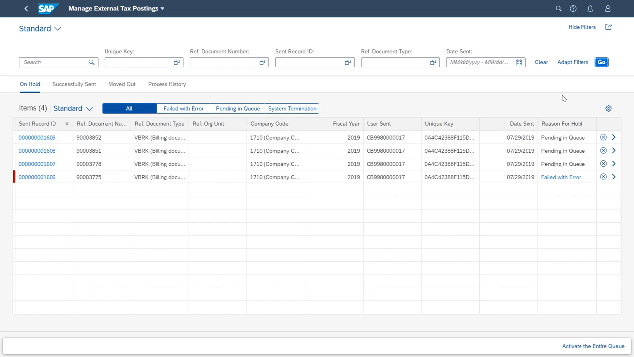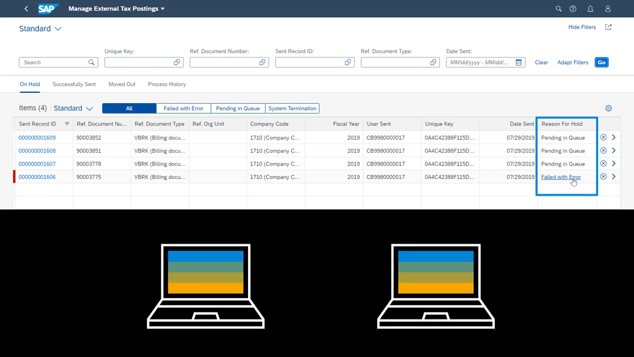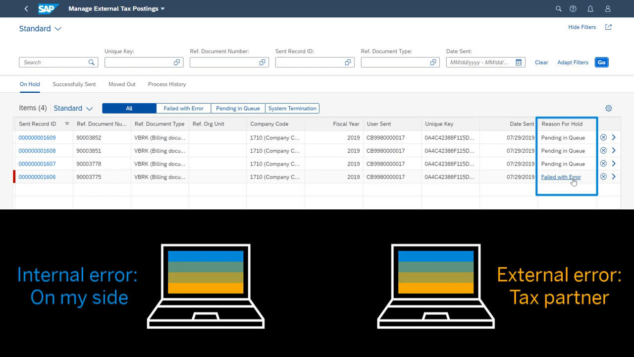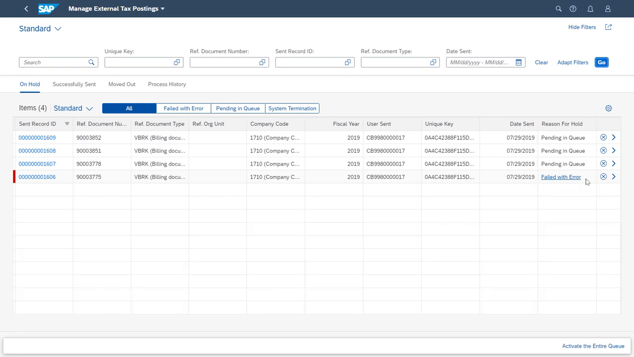Here we go. Have a look here in the Reason for Hold column. One posting has failed with an error, which blocks my posting queue and keeps the other posting pending. Notice that Failed with Error is a link. If I click it, I can get more info on the error. This message also lets me know whether it's an internal error, that is, an error on my side, or an external error, which is on my tax partner's side, so I have more information about how to go about resolving the error. I happen to know that this error is on my side,